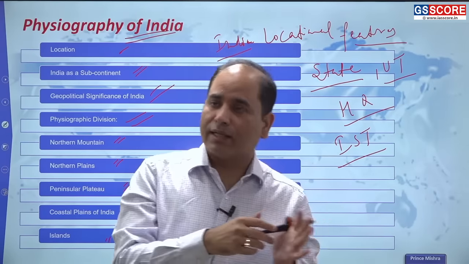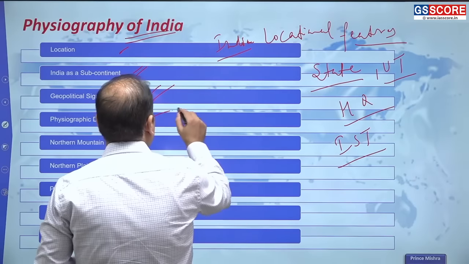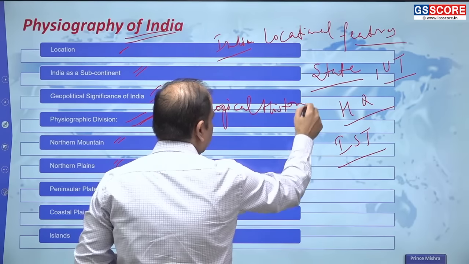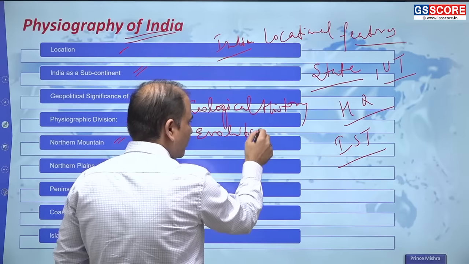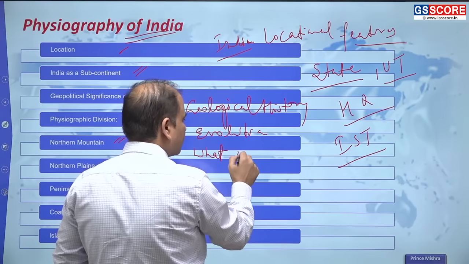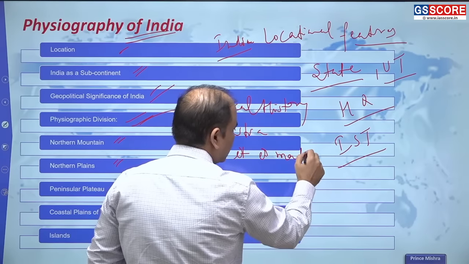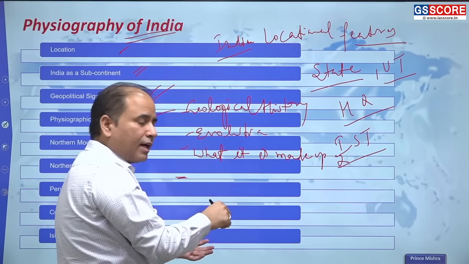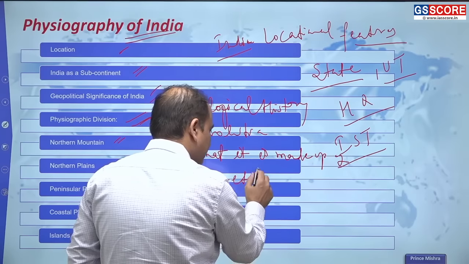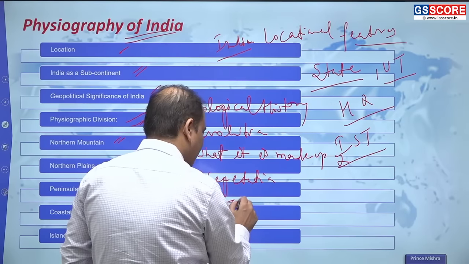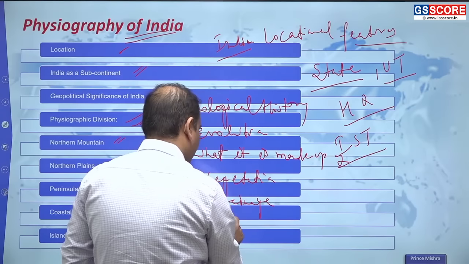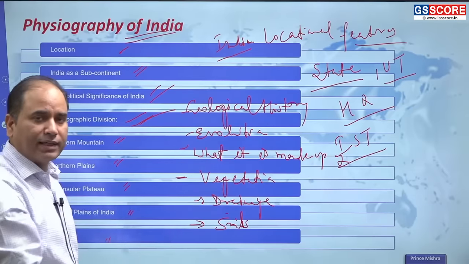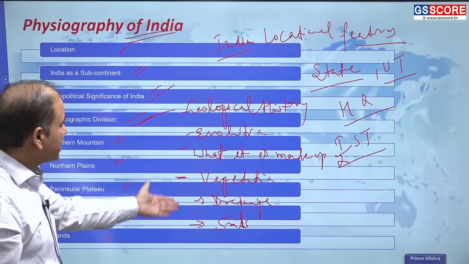Those places, their geological history. So what will you learn in the physiographic division? You will learn the geological history of that place, how it evolved, so evolution, what it is made up of, structure, what are the different topographic features it has, vegetation of that place, drainage of that place, rivers, lakes, soils, what type of soil is present in that area, and in that soil what are the different agricultural activities being done. So all these you will study under the